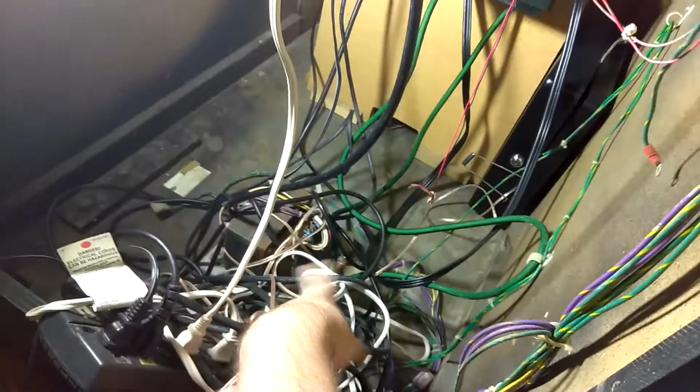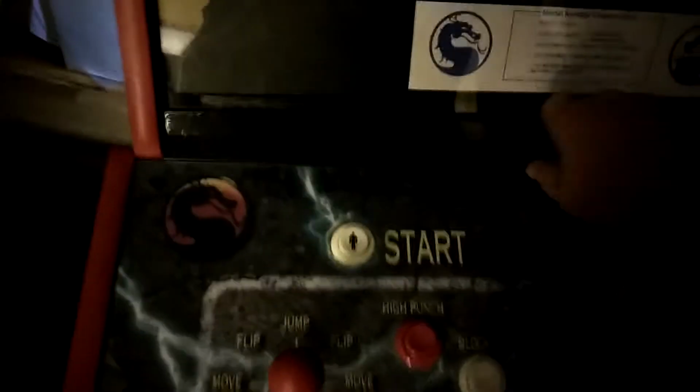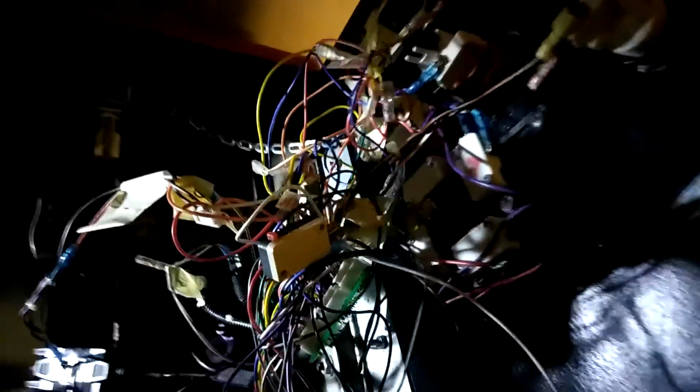None of this power stuff is hooked up at all. I just use a strip to power the TV and the Xbox. I'll show you the joystick I got from X Arcade, and it was a 2-player joystick. I just took it apart and moved all the components over, so it looks like a jumbled mess in there. But I put the right colored buttons on and then just moved the stuff. You need this part from X Arcade here. It's hard to get a good shot of it, but it's like the main brains and guts of it. And then you just put the right buttons to the right